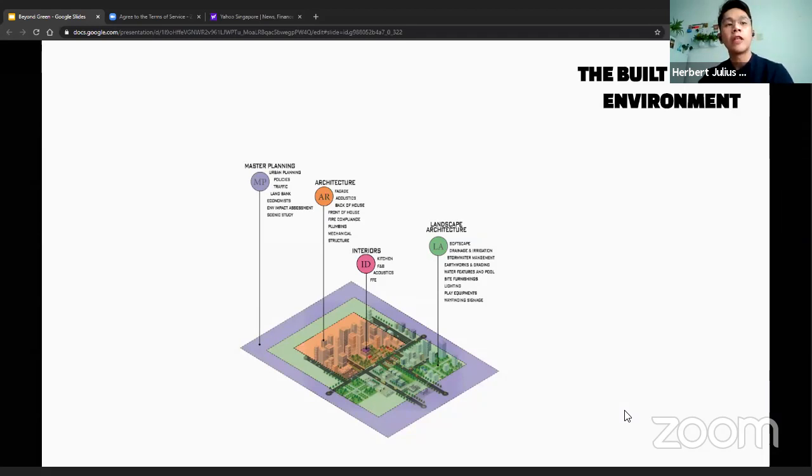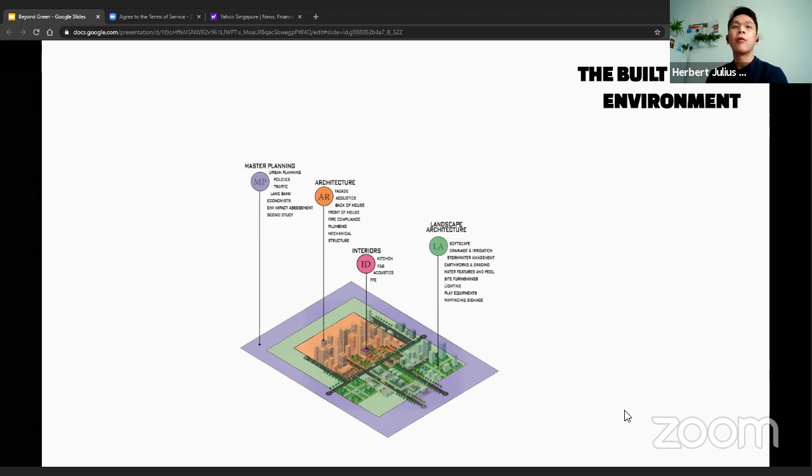If you go beyond in scale, that's what master planning is. In my previous company, landscape architects and master planners were one and the same. But in my current company, we have a distinct separation between the two.